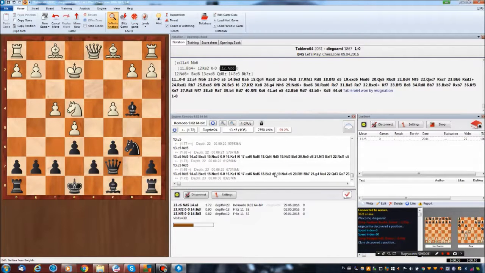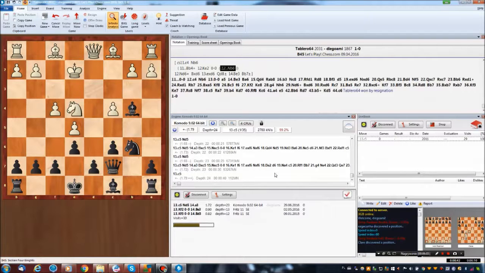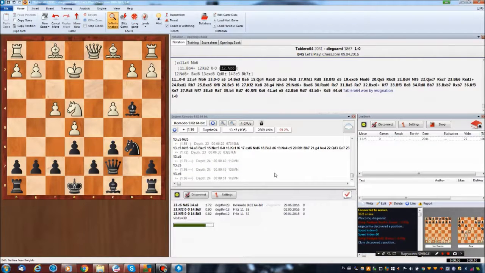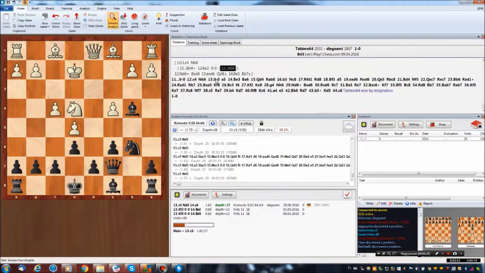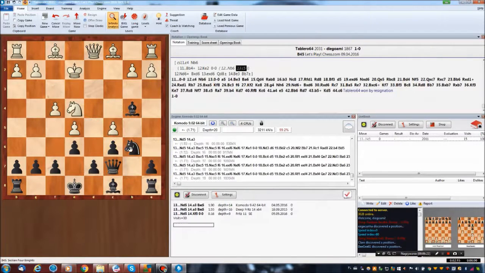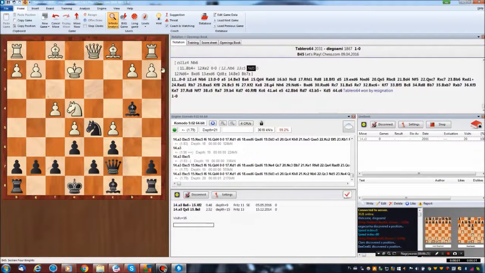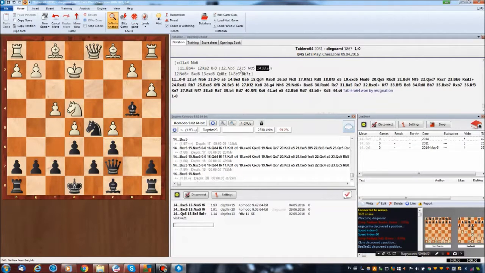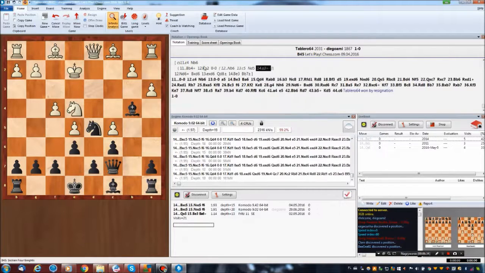Okay, because after c5 and d5, a3, bishop a5, b4, black loses the bishop. So that's why this is not good. Let it finish calculating. Okay, then let's see, c5, d5, a3, and yes, white gets a great, a winning advantage. On the other hand, after king a2, castle,